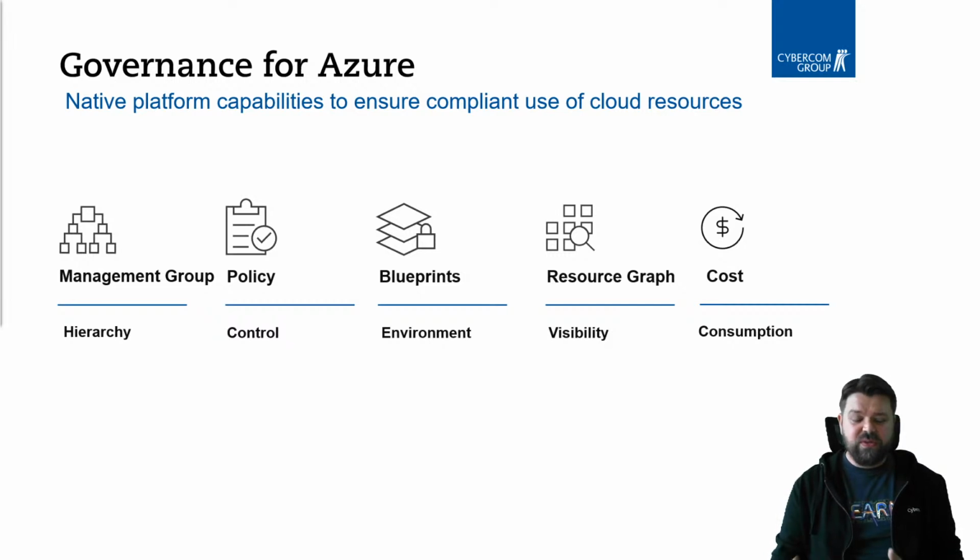And then the next two are not so much control tools, but for visualization. You have Resource Graph to see what you have there, to query, explore, and analyze that. And you have the cost management tools to monitor cloud spend and optimize your resourcing. I won't be talking about cost management today, but I'll quickly show you why you should be using Resource Graph.